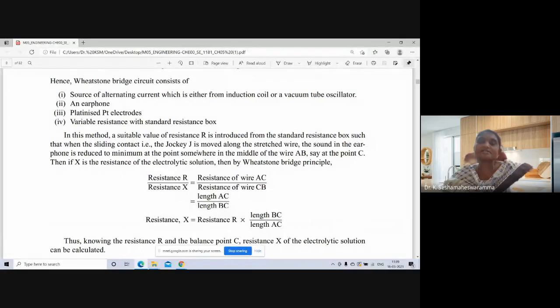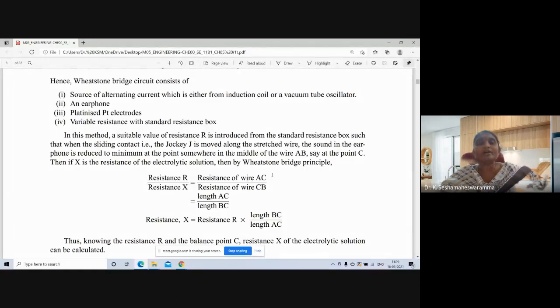This point is known as the balance point. Then if X is the resistance of the electrolytic solution, by the Wheatstone bridge principle, resistance R by resistance X, where X is the resistance of the electrolytic solution and R is the variable resistance we used,